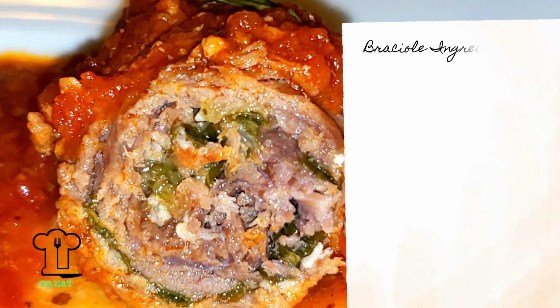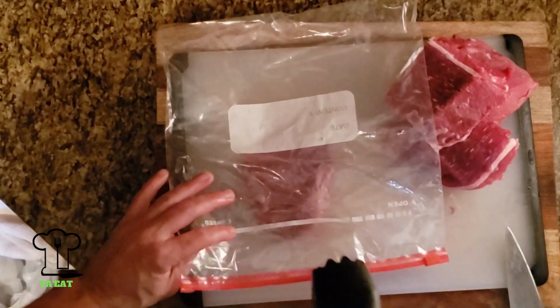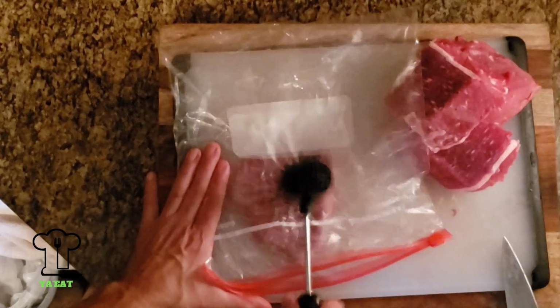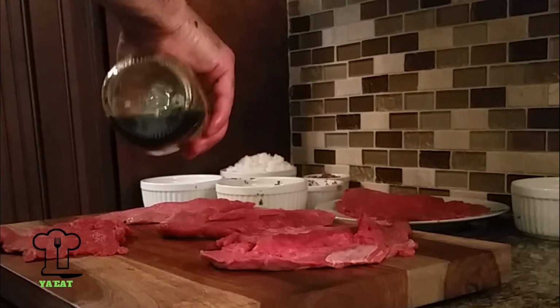Okay, so we're going to cook those meatballs on low, and while they're cooking, we're going to get started with our braciole. We're going to start by taking a London broil. We use a top round London broil that I cut on a bias, or an angle, to make little miniature steaks. Then we pounded them out, and we'll add some olive oil,